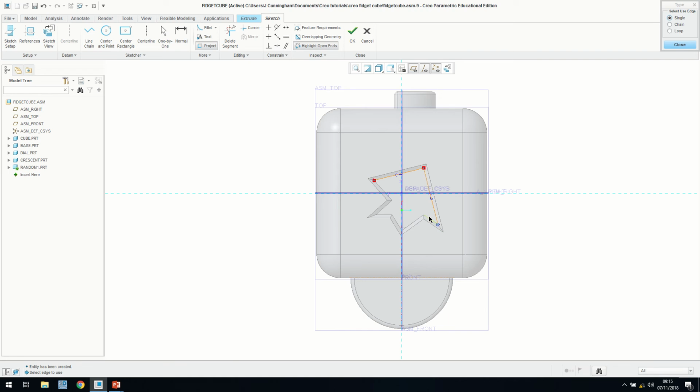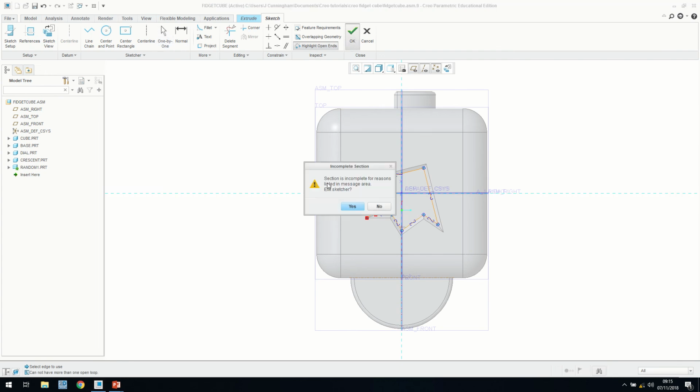I just want to show you what sometimes happens which will stop it from working, and how you troubleshoot that. So I've done that, and now if I middle click, it hasn't gone yellow. If I tick, it's giving me an error message saying it's an incomplete section, and it tells you what is wrong down here. So it says cannot have more than one open loop. It says, do you want to exit Sketcher? I don't. I want to carry on and fix it, so I select no,